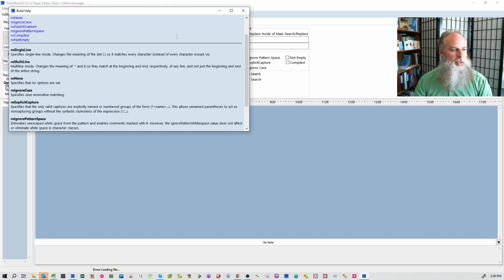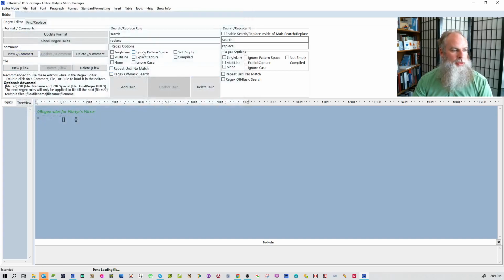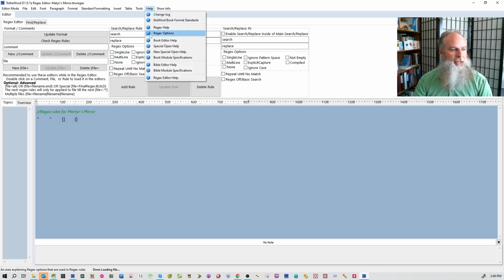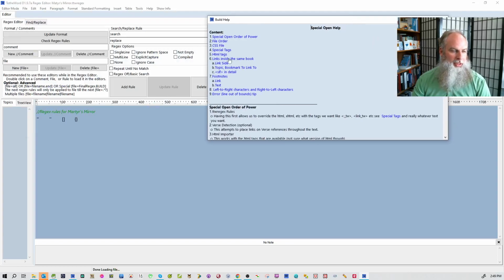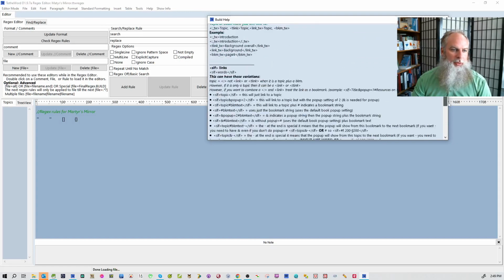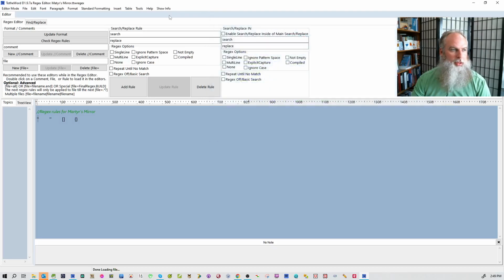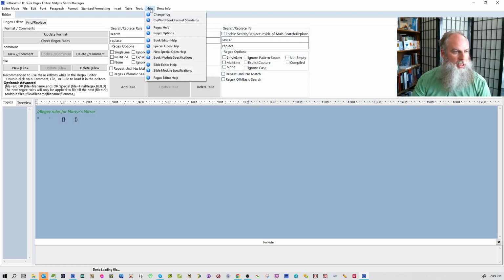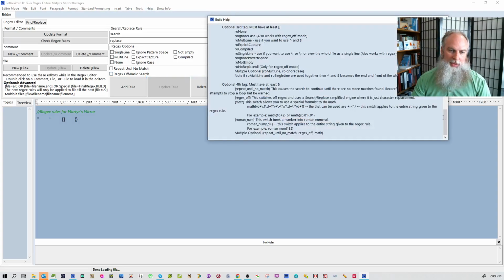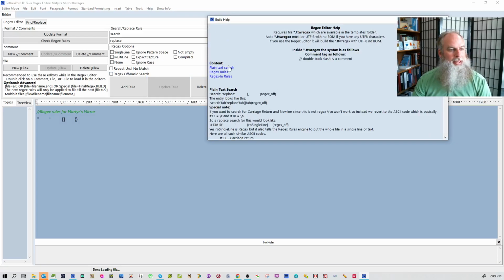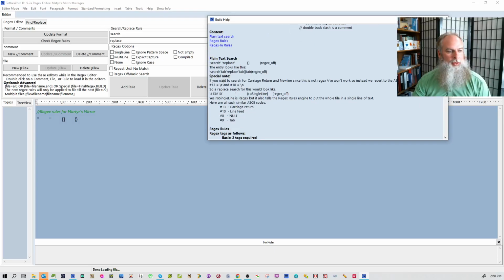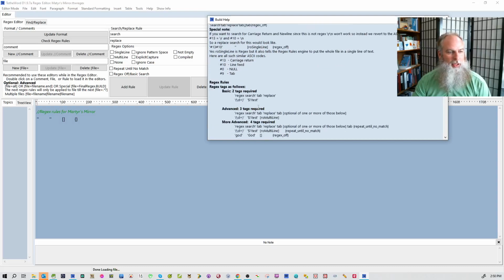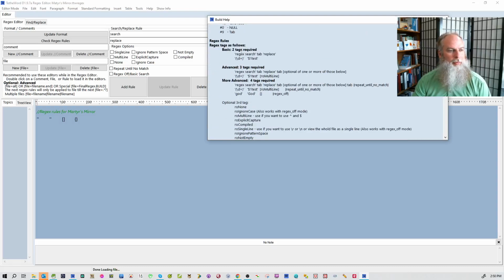Your options, once again, are right here, and you'll see those options available here. Once again, in your new special open, get into some Regex rules, links inside the same book. Not as much the Regex rules, there's a little bit in here. Let's go into your Regex editor help. That's what you're going to need to look at for a bit. You've got a plain text search. That's where Regex is off. You search and replace it. There's no Regex in there. Looks like this. Special note. You can get into a few special tags. Your Regex rules. Basic. It's just a simple,